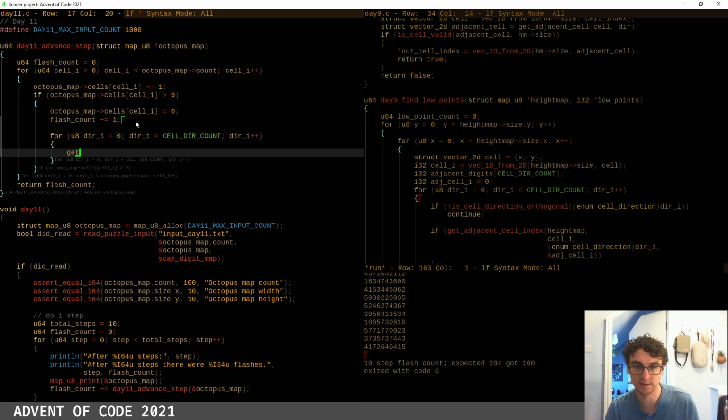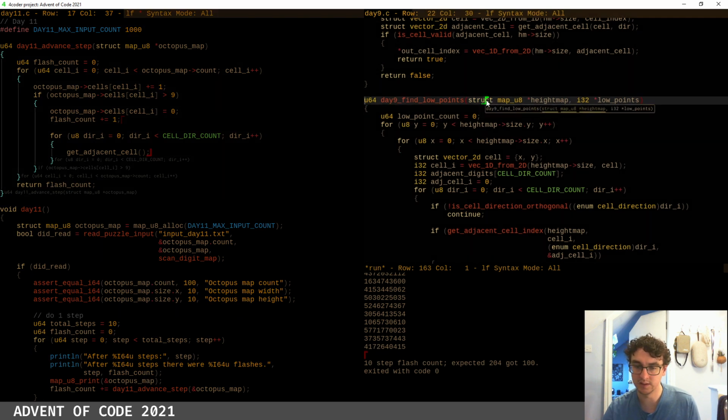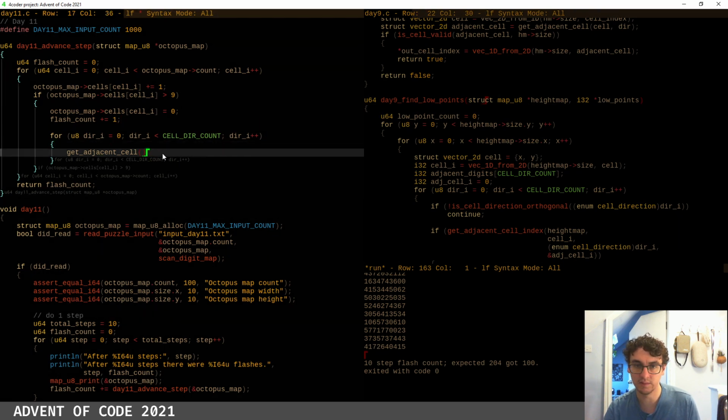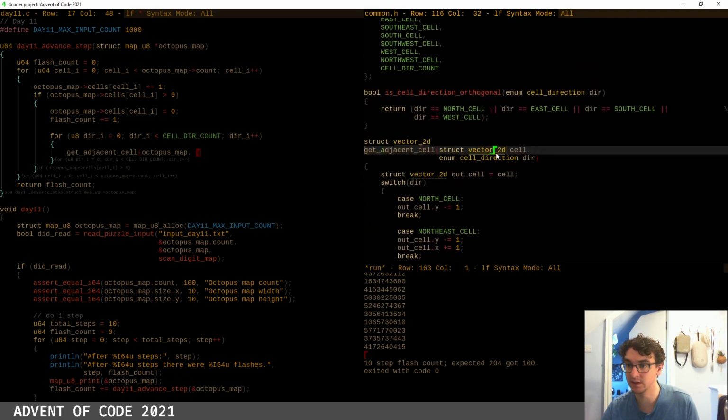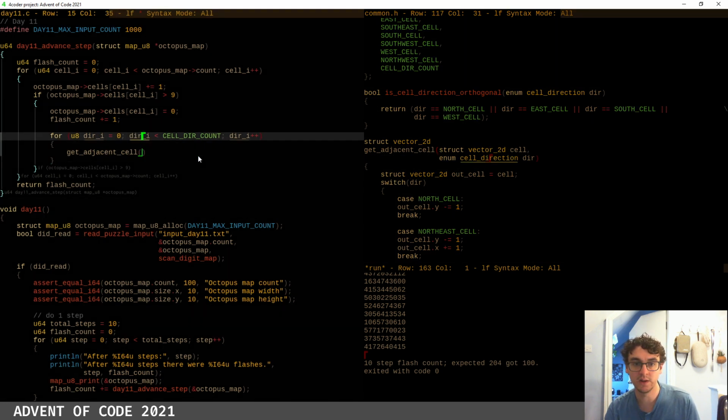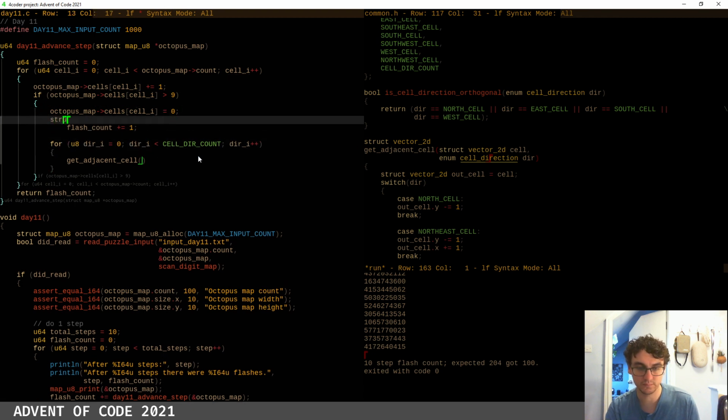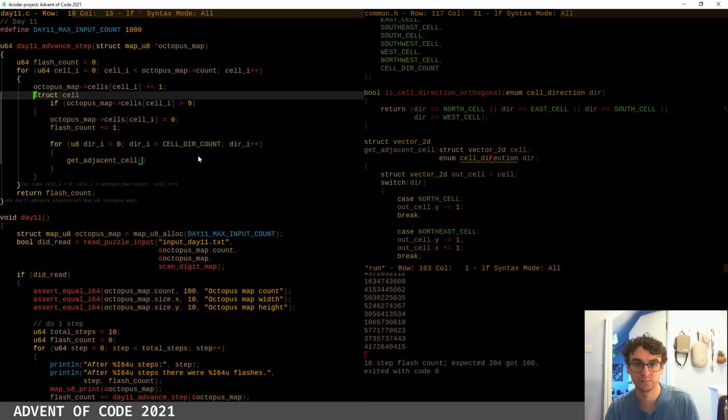What we're going to do is get adjacent cell, and if you look at that, we've got to pass in our octopus map, our current cell. Come back to common, let's look at our get adjacent cell. Oh no, we just pass in our cell and a direction. So we know that our current cell, I'm going to put that up here,